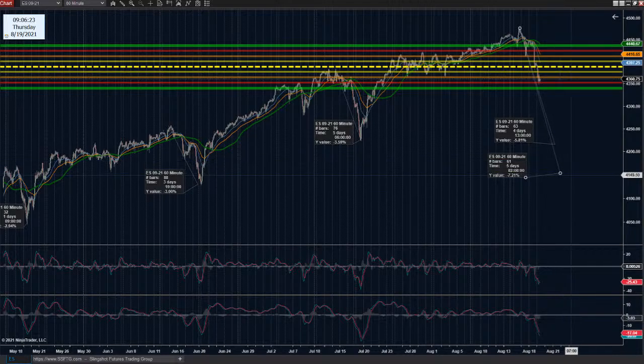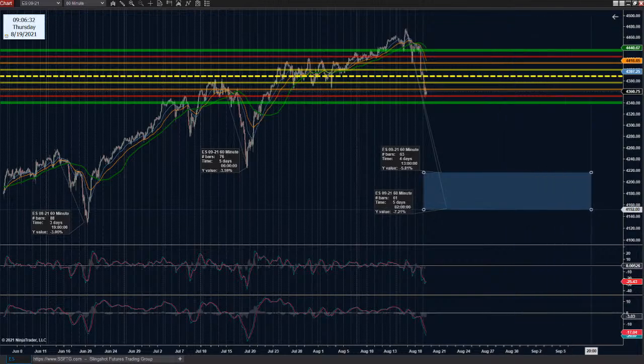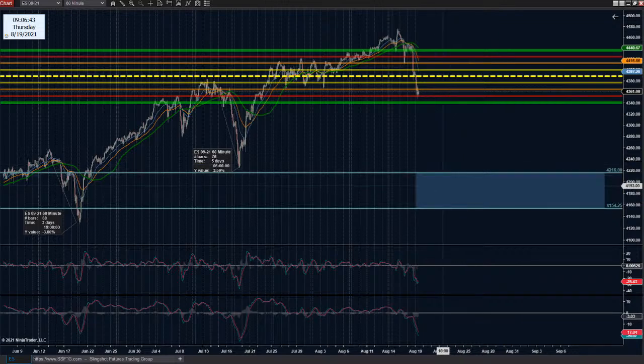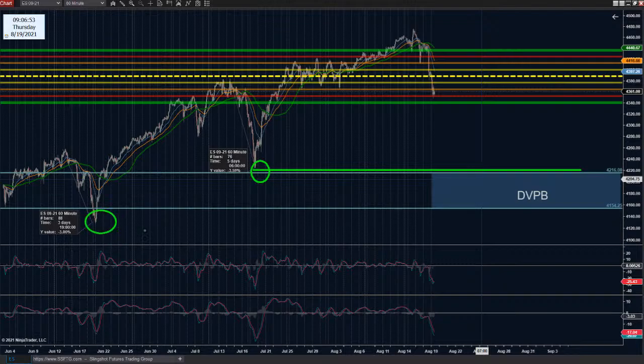So let's go out to the full bracket here, just to see where this major value structure pullback is going to be on the S&P. From a double value standard, we've got 41.54 on the bottom and 42.16 on the top. That is going to be the double value pullback. Big zone of interest. And if we look at this from a cyclical standpoint, we're also underneath the previous major confirmed swing, but not underneath the previous larger swing.